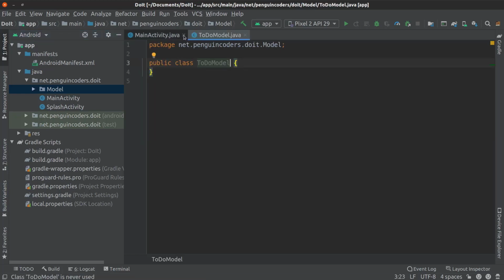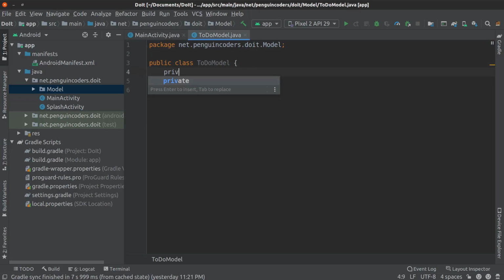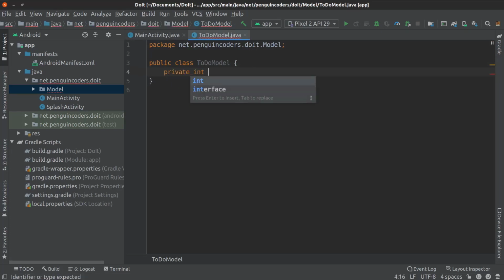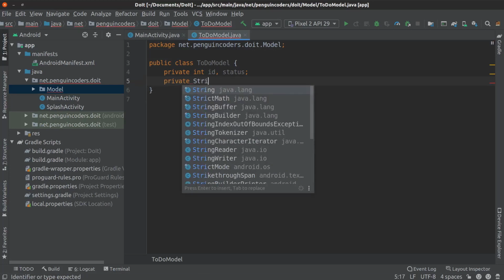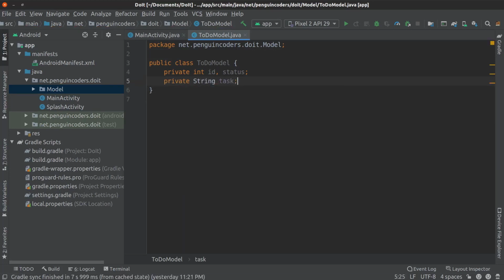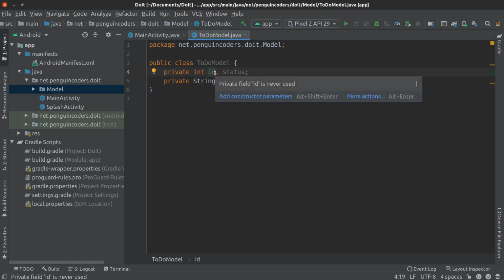So open this ToDoModel and here we need to define the variables. I'll define the class variables as private int id and status. I will tell you what these individual variables are. Then we will need to define the private String task. So each task has three attributes. First is the ID, which we will refer to in the database so that we can execute queries based on the ID of the task.